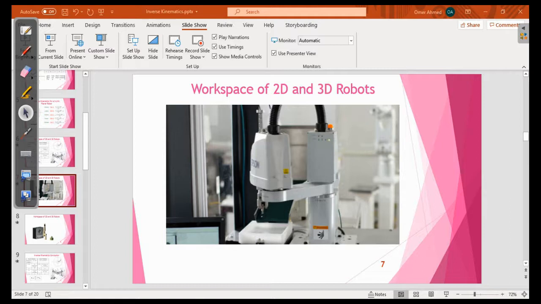We can design our environment such that the robot doesn't have to reach around obstacles, over or under things. Where we have a really complicated environment, where we might have to avoid obstacles, then people will use a robot with more than 6 degrees of freedom, even in industry. But because we are controlling the environment, 6 degrees of freedom is much more common. Remember that any additional degree of freedom costs money. A robot with 7 degrees of freedom will be more expensive than a robot with 6 degrees of freedom.